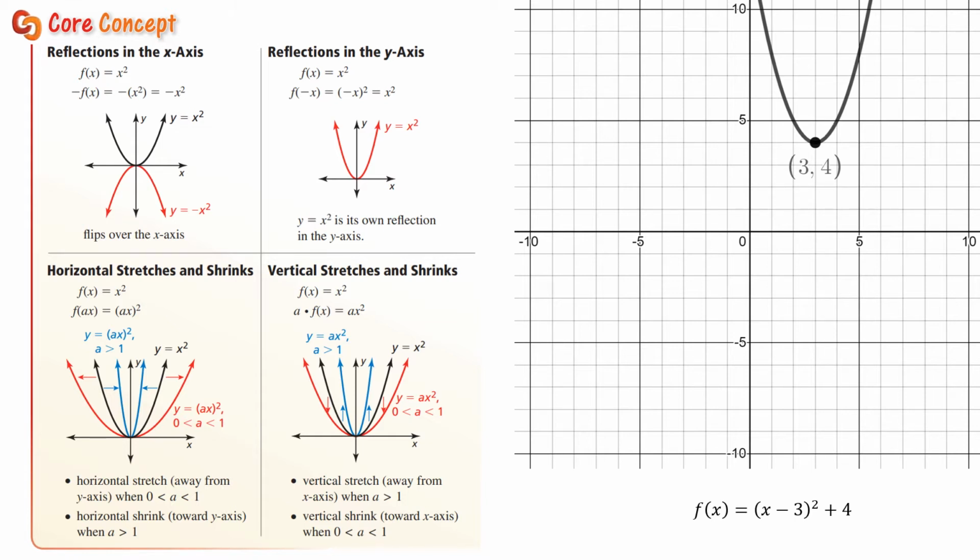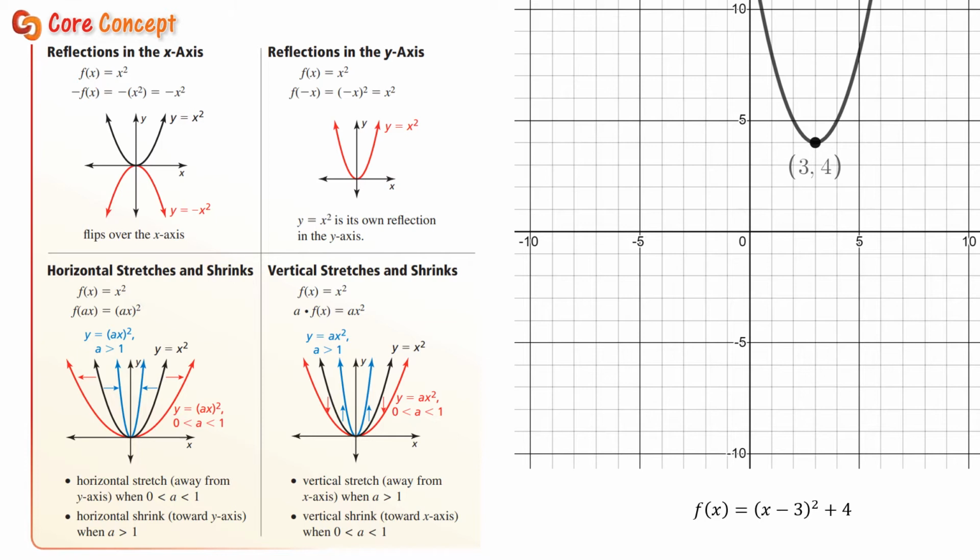If you want to include a negative in that, then you can simultaneously stretch or shrink and reflect, but we can deal with those as separate entities. If we consider the amplitude being the a value on the outside, when we get a value greater than 1, it vertically stretches, and between 0 and 1, it vertically shrinks. So you can see those examples, and I think the arrows they're pointing out there in the lower situations